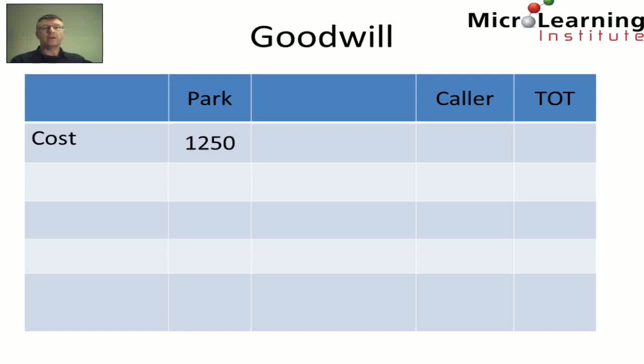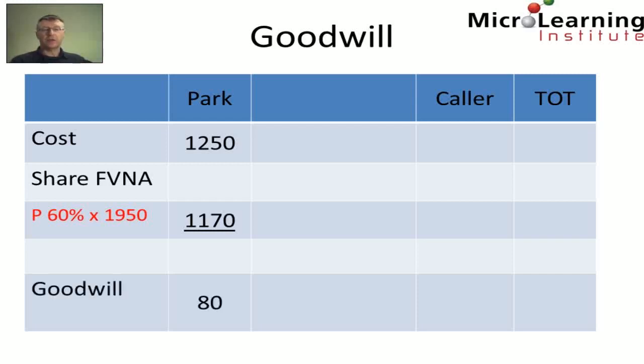So now we can calculate goodwill in both Park and Calle. So Park fair value consideration was $1,250, and again for that the Trailer group acquired a 60% interest in the fair value of the net assets of $1,950. So on acquisition, goodwill in Park was recognized at $80 million. In Calle,